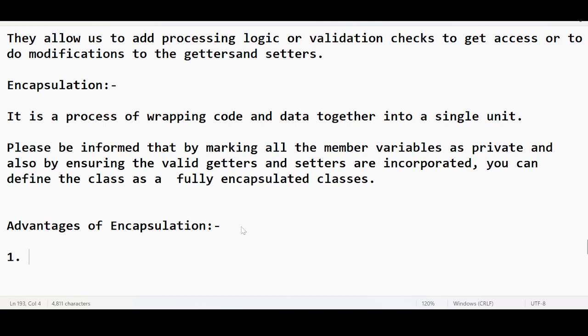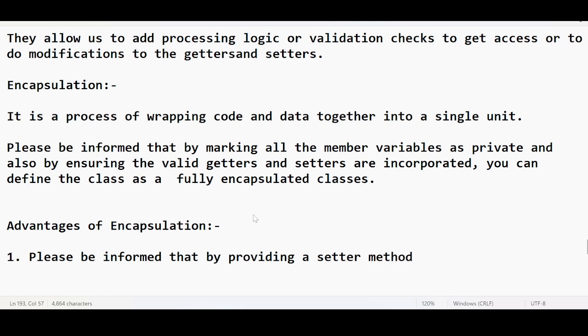Please be informed that by providing a getter method or a setter method, you can make the classes